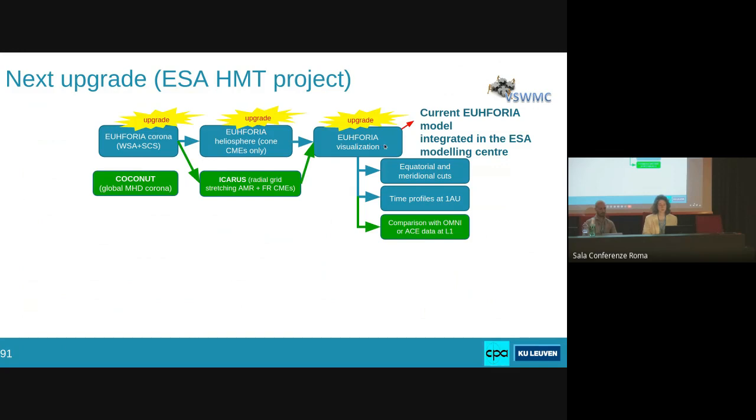Then the coronal model alternative one is also being integrated. So COCONUT would go here in this diagram, and it would alternatively provide these 0.1 AU conditions for the heliospheric model. So it is already coupled both to EUHFORIA and Icarus, and then an extended version is also